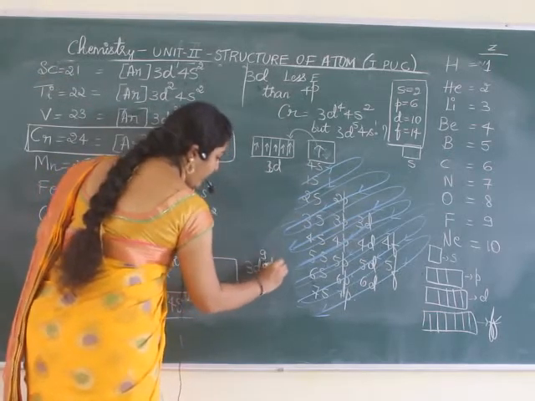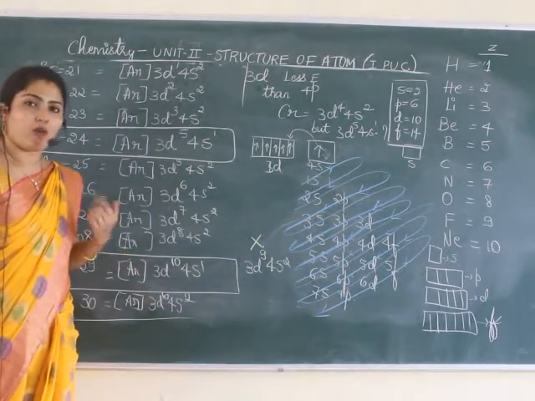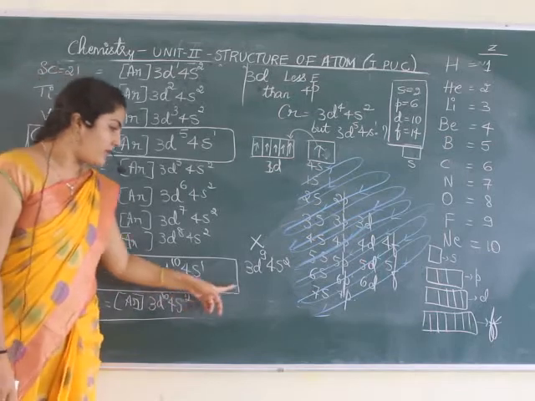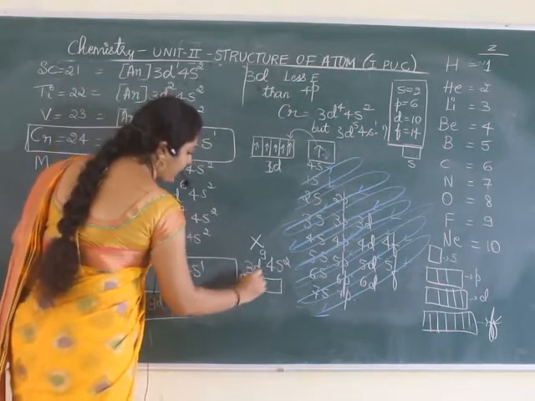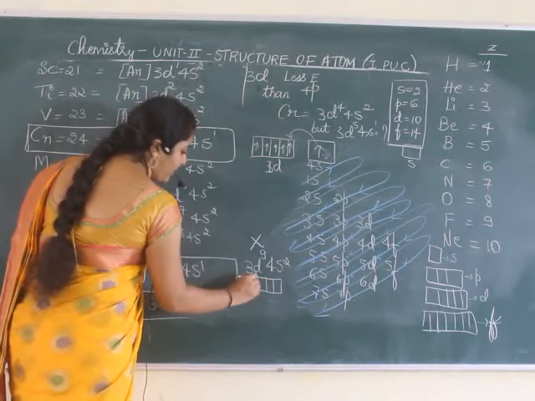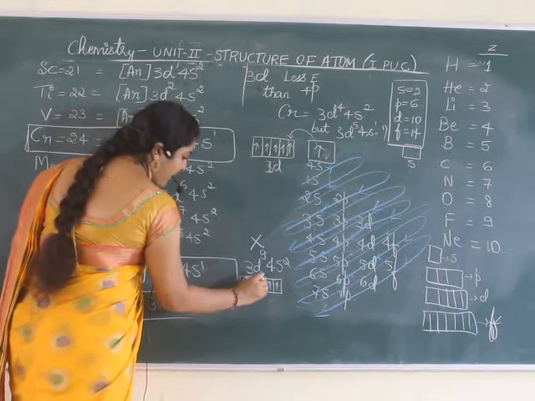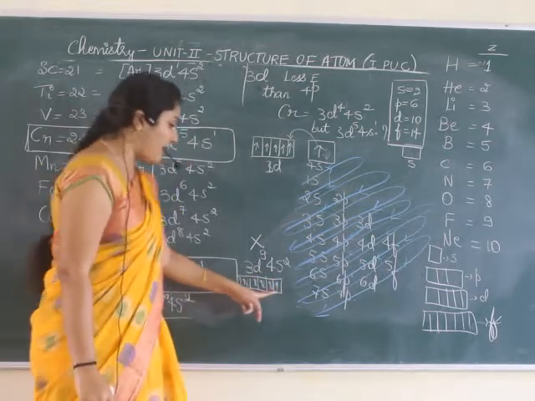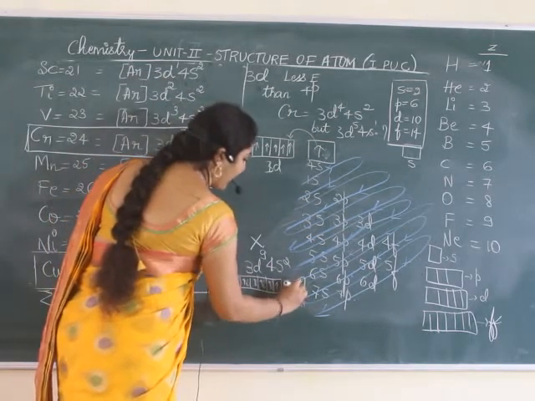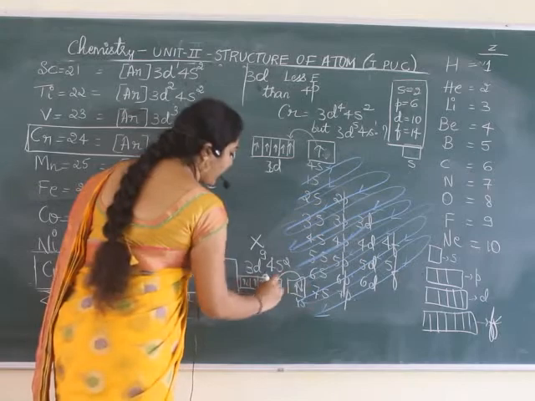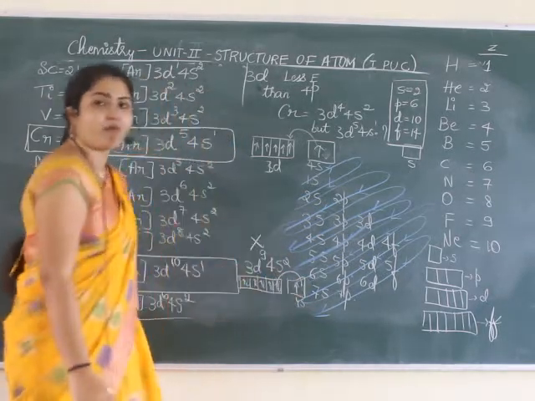3d9 4s2, but it is not 3d9 4s2, it is 3d10 4s1. What has happened again? It was 9. All the electrons were filled like this in d orbital. 1, 2, 3, 4, 5, 6, 7, 8, 9. So 1 electron it wanted. So the neighboring 4s orbital had 2 electrons, isn't it? So 1 electron it has accepted and it became 3d10 4s1.